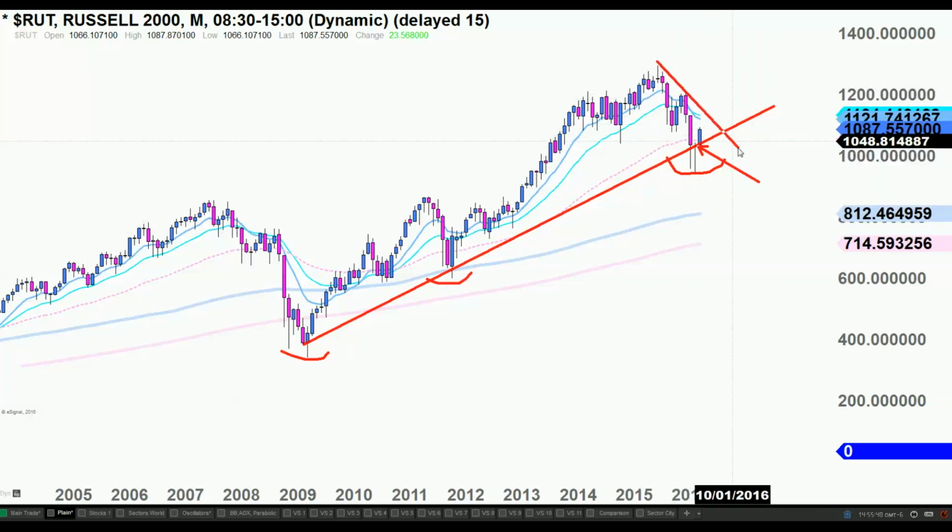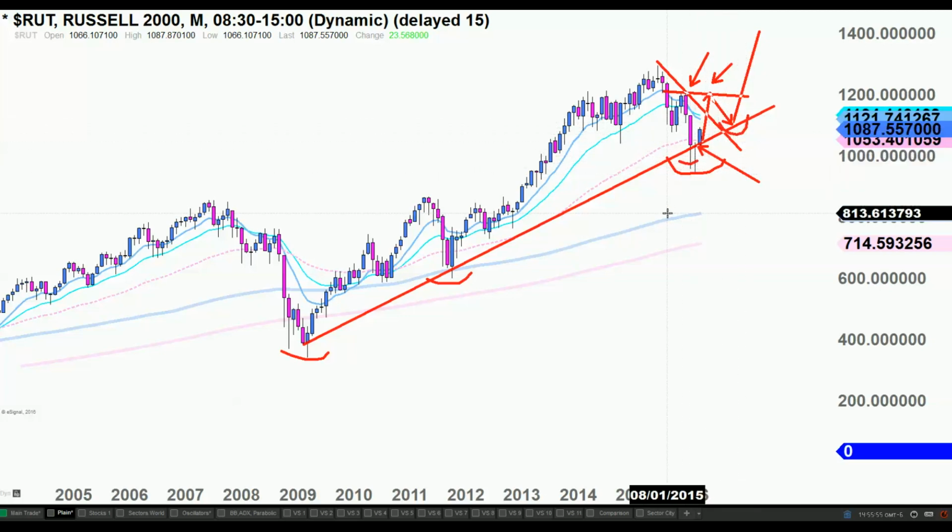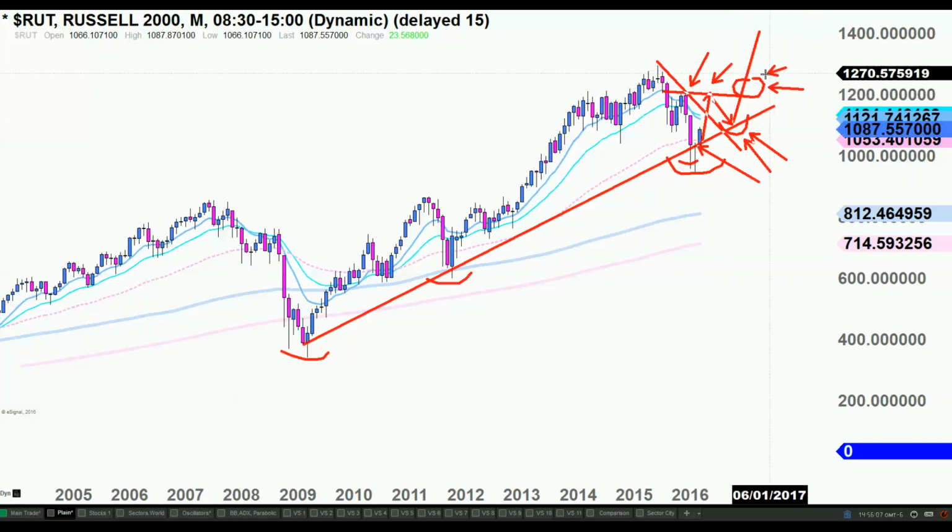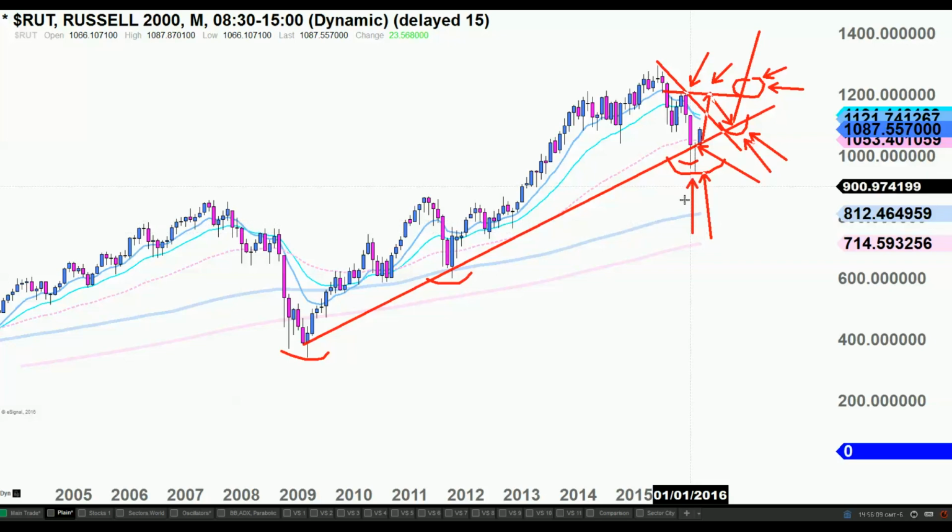Well, we have resistance coming down like this. So what we want to see is this getting up here, and then clearing above the resistance and maybe meeting the horizontal resistance. That's what we call equal highs, and then pulling back. And then in that vicinity, we create that higher low. If we can see that, then we can see that major primary term higher low, and then getting above this horizontal pivot, the equal highs we just talked about. Once we can see this happening here, I think I could say that this is a major primary term higher low. However, I can't just